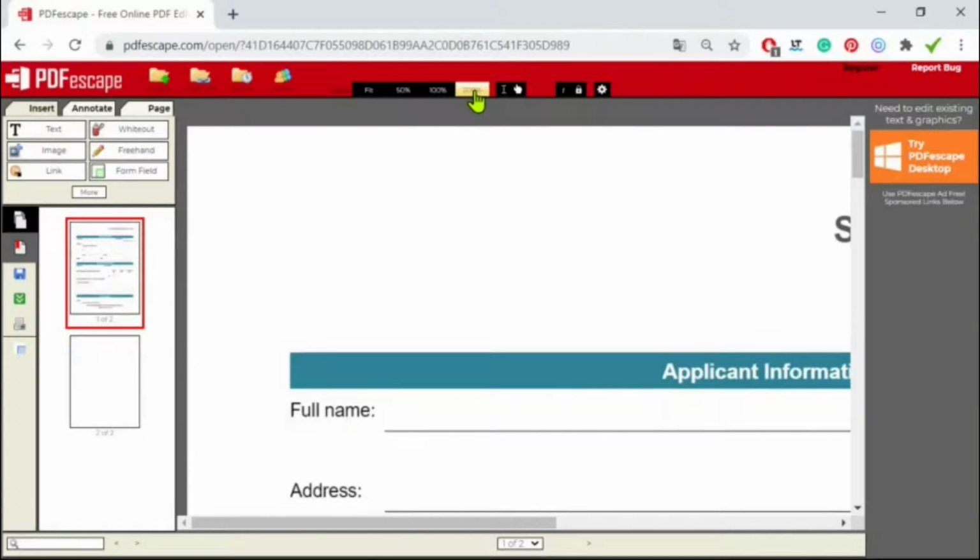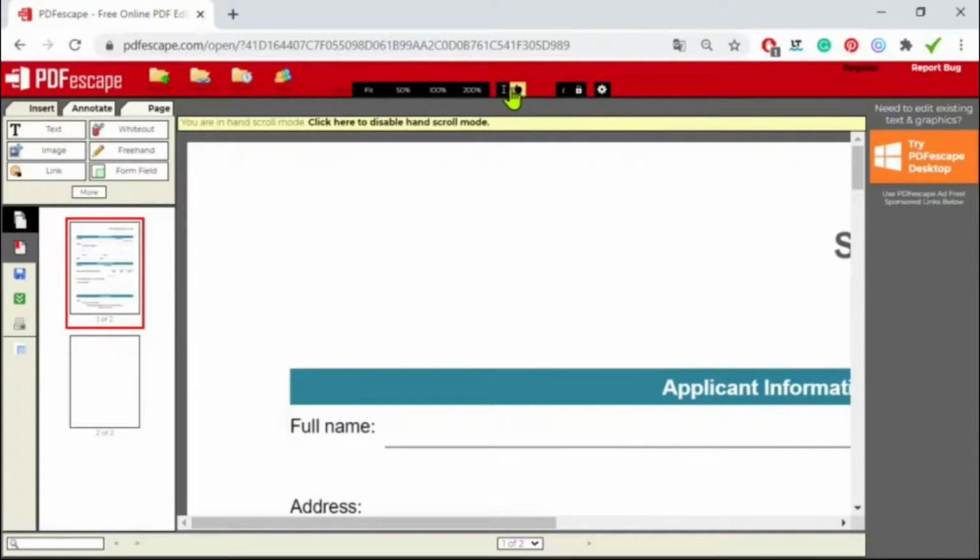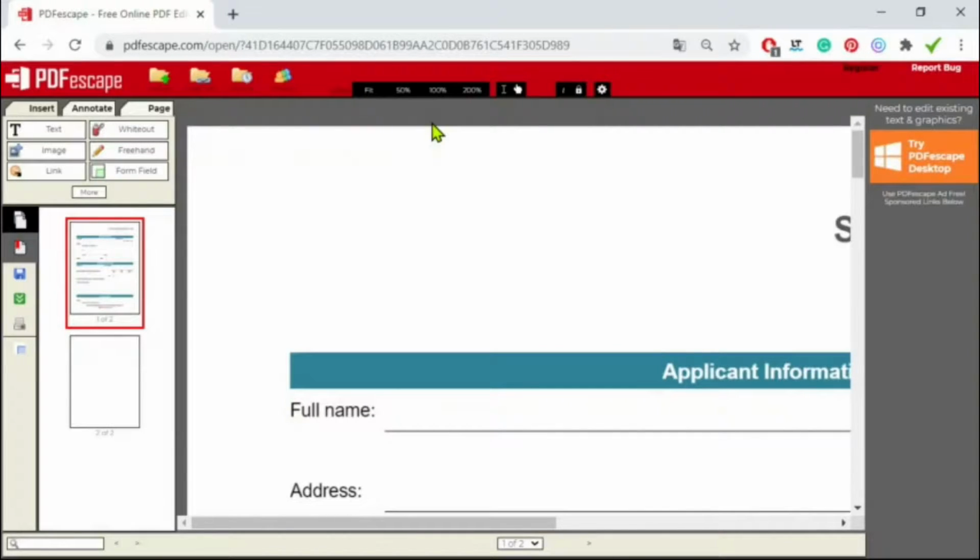You can also select text if you drag this icon here, and you can click on the hand icon to enable the scroll mode. Now, notice that both of these buttons will enable this yellow ribbon here at the top. This ribbon shows you which of the features you have enabled and which of the features you are trying to use. This ribbon will be very useful in a bit, and to disable it, you just have to click on it. You will see that disabling it will be very important when you are working in the document.